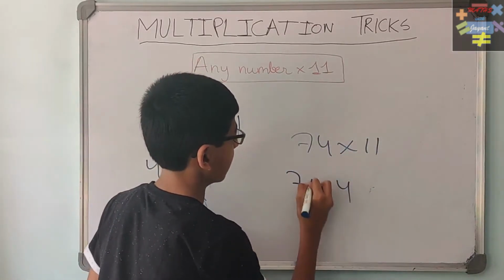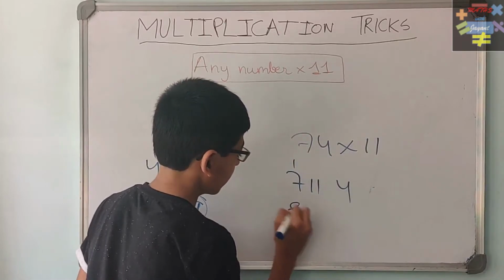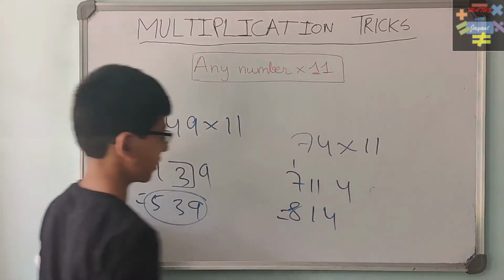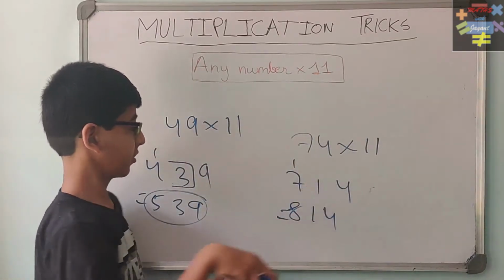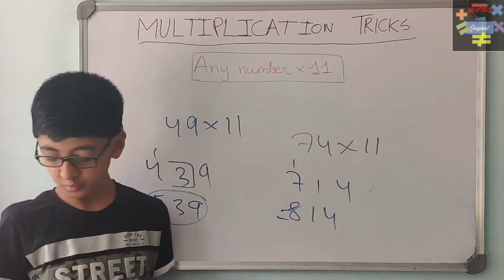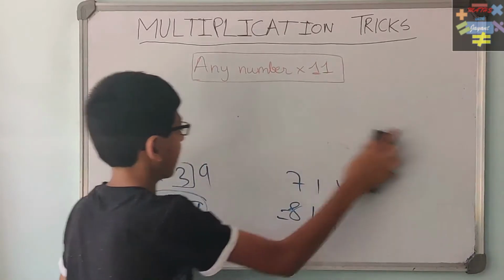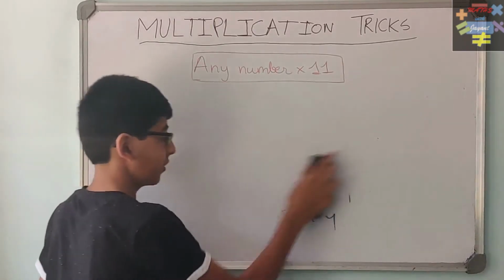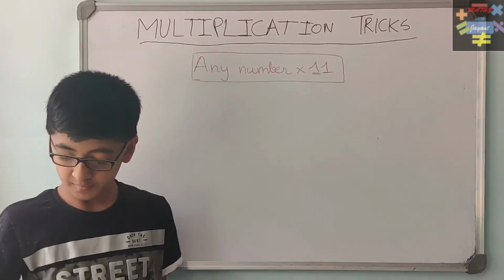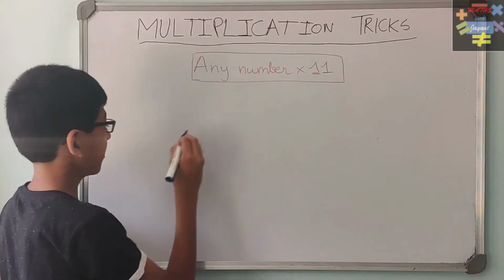7 here, 4 here, 7 plus 4, 11. 1 carry forward, like this our answer comes as 814. So, you see over here how fast we are getting our answers. Now, you might be wondering, does this work for 3-digit numbers? Let us check. Suppose the question is